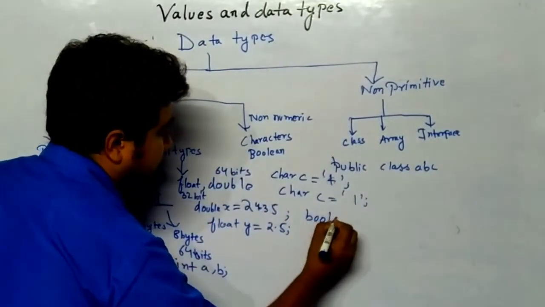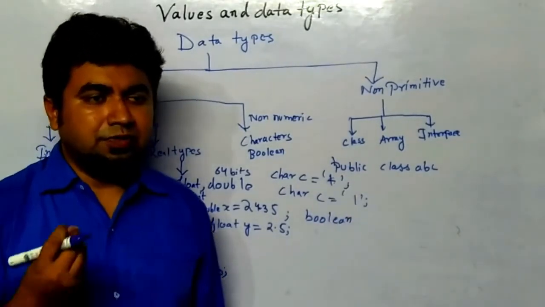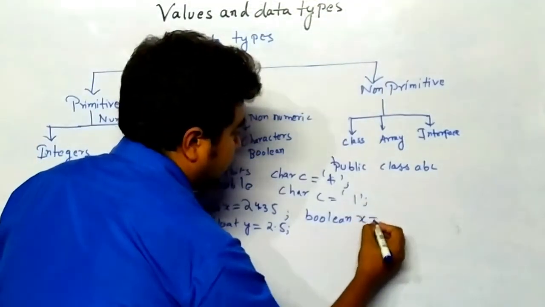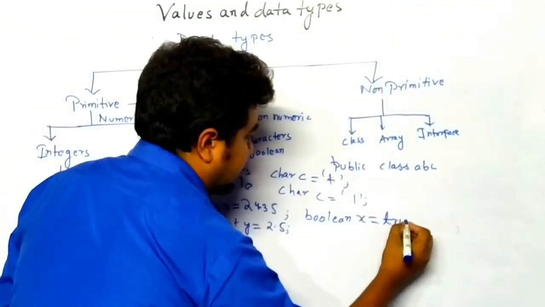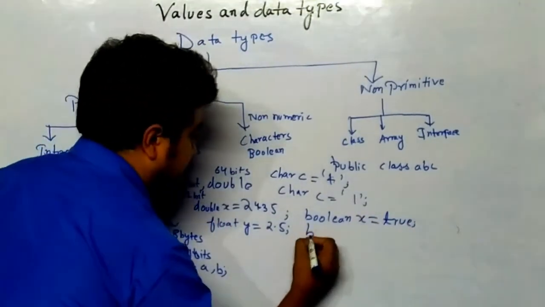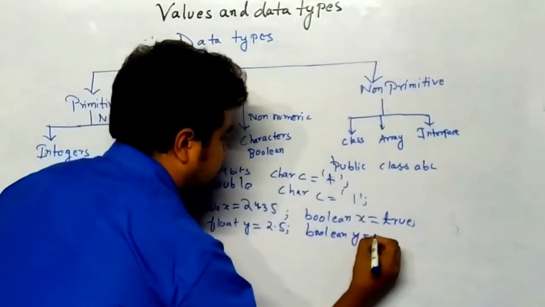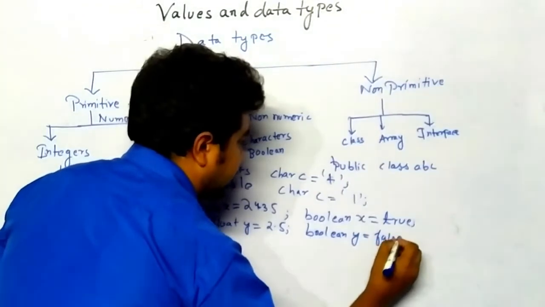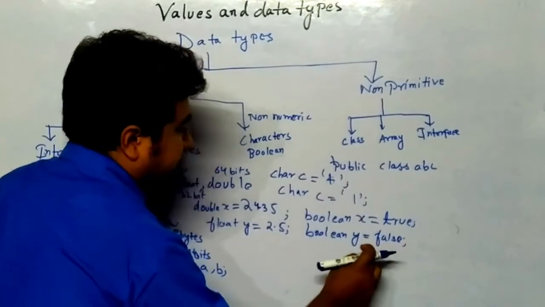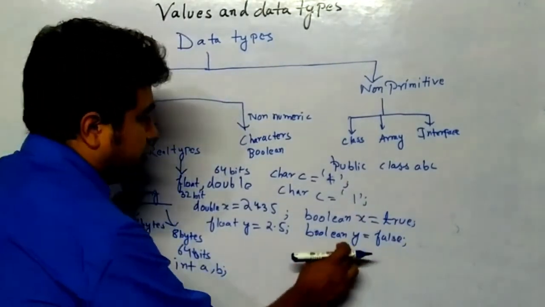Now if you want to use boolean, how to initialize boolean? Boolean is also like a string, but it is not a string. It is written without quotes, without double quotes. Boolean of x. If I want to initialize true, true is written in small letters. You can see clearly here true is written in small letters. Then boolean of y. y will be equal to false here. False is written, all the things are written in small letters here. So you can see clearly here that x and y are storing different values. This is with respect to boolean.